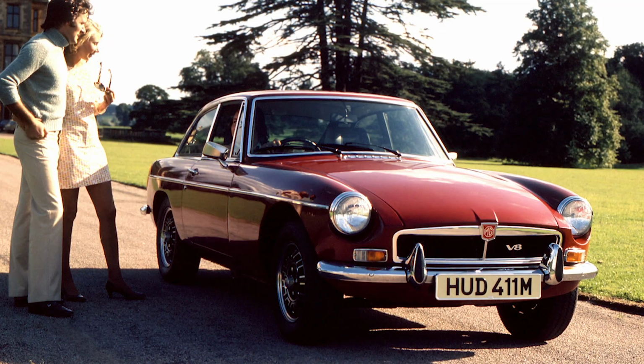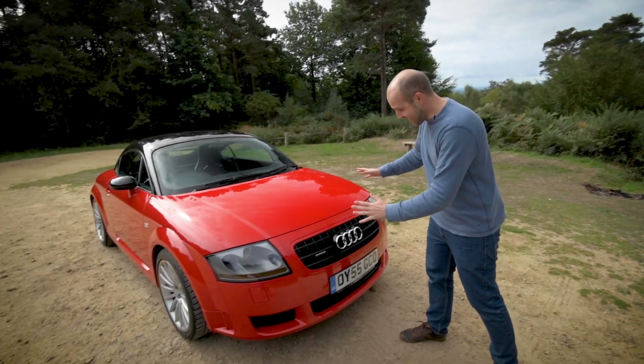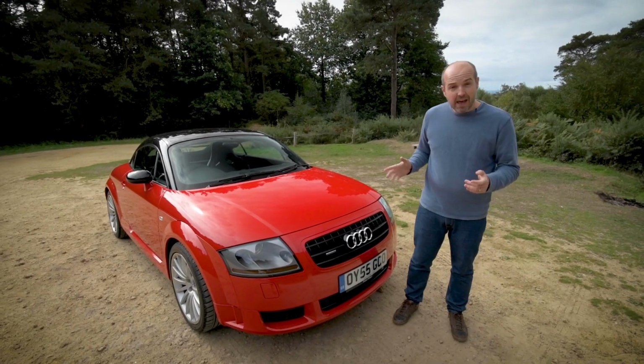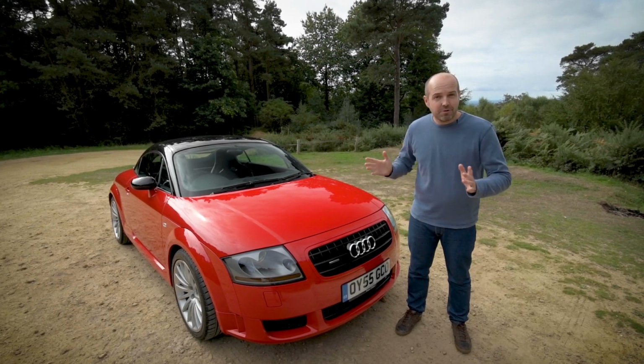If I was to ask you to think of a classic car, you might picture something like an old MG or perhaps a Jaguar E-Type. What you probably wouldn't think of is this, the Mk1 Audi TT. However, in this video, I'm going to explain why the TT could well be on its way to future classic